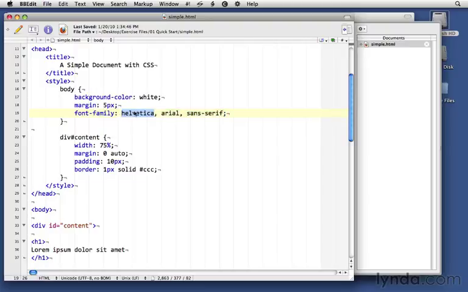If there's something called Helvetica on your system, it'll use that. If not, if there's something called Arial on your system, it'll use that. And if not, it'll use any font that it knows is sans serif. And also this margin is the margin around the body of the document. And so everything that happens in the body of the document will be 5 pixels inset from the borders of